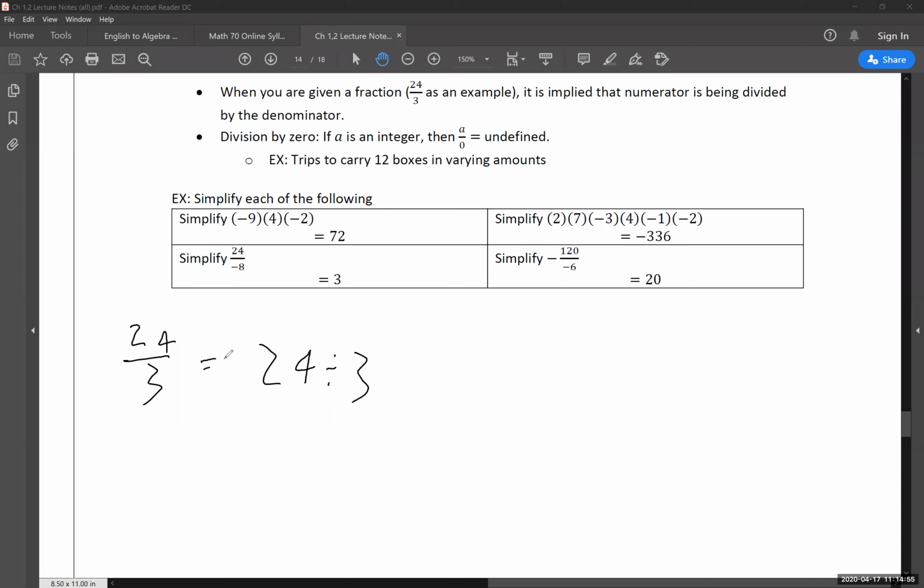So if you are starting with something written as a fraction and you don't want it written like that, you just want to do division instead, you could write it in that form. That's fine. Maybe you have something that's written out starting as 24 divided by 3. You say, well, I don't want to have a bunch of extra signs or operations going on in that problem. You can rewrite it into a fraction form, which I like doing quite a bit because I think fractions get a bad rap. They're actually very helpful as we go through and solve these things.